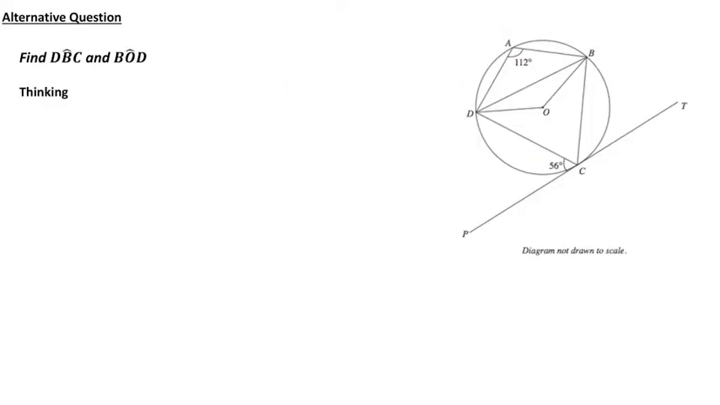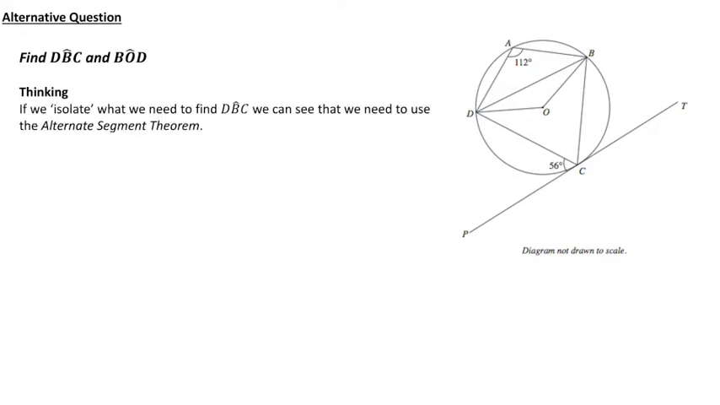Okay, now we'll have a look at an alternative question. So this is using different circle theorems, or maybe the same. Let's see what happens. So we're asked first of all to find the angle DBC, and what we may be able to see straight away, but we might need to do what it says on the screen. If we isolate what we need to find, DBC, we can see that we need to use the alternate